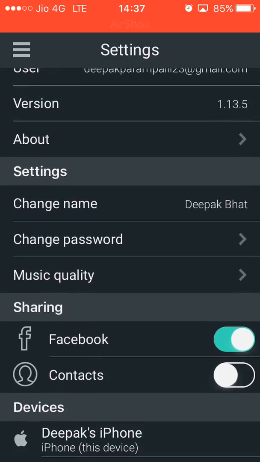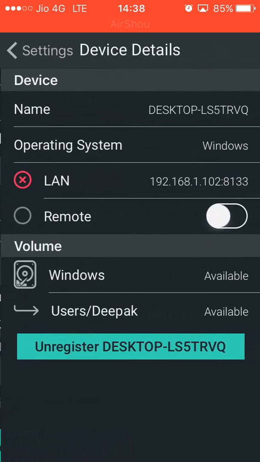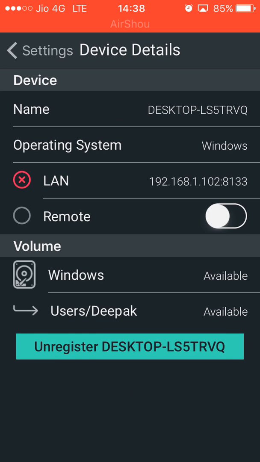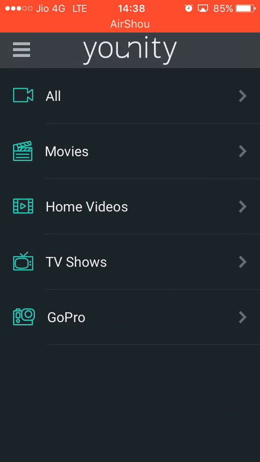Right now, as you can see, I'm running a data LTE network on my mobile, but my PC is connected to my home Wi-Fi. It says available on remote, with a mark saying that its LAN is not connected to my network or mobile. In this case, you can see the files, but you cannot view them.